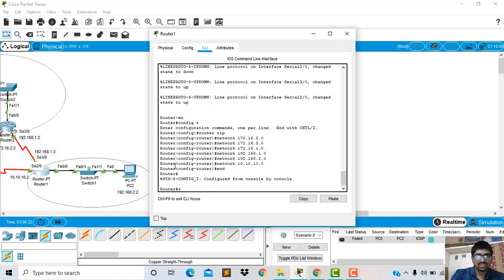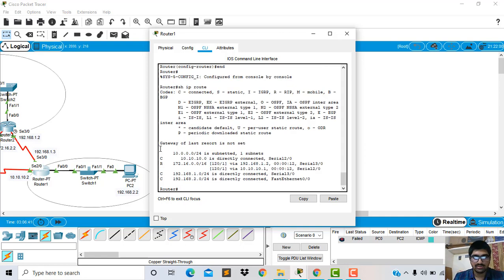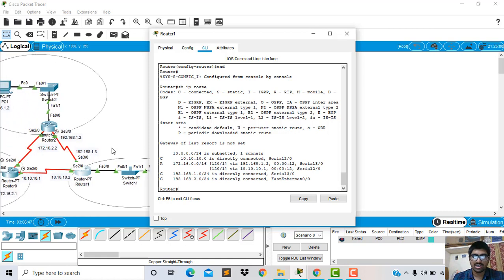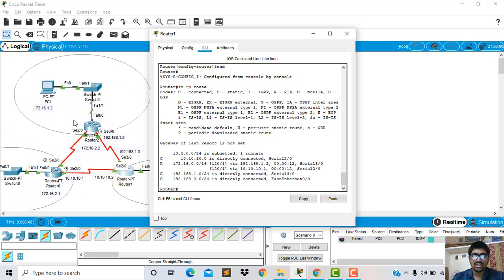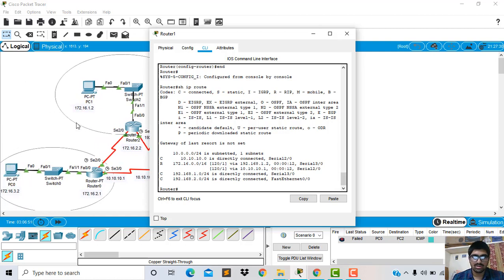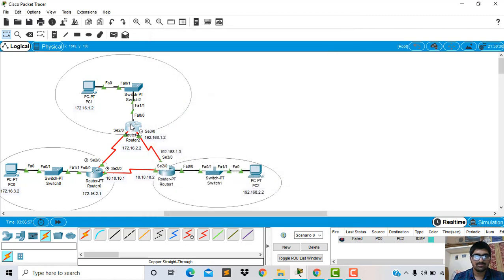Now to see whether the networks are assigned to the router or not, the command is show ip route. Now we can see the network addresses assigned to router 1 to access the information from LAN 1 and LAN 2. Now we will check router 2.